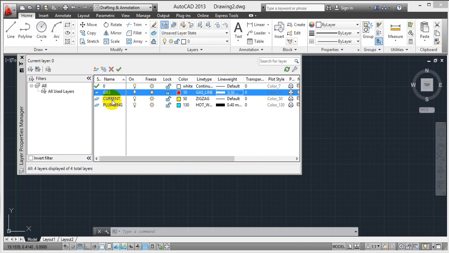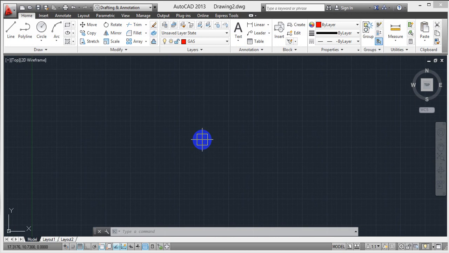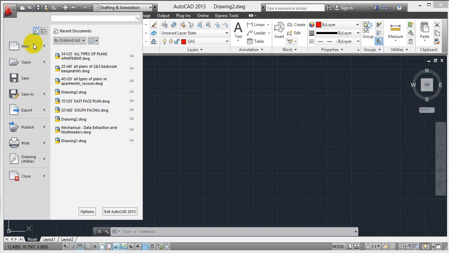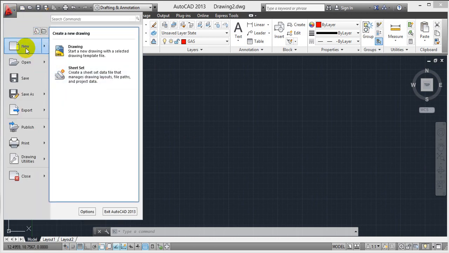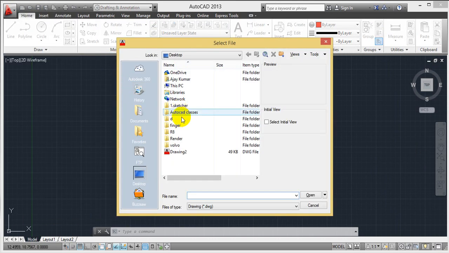After completing these 3, select OK and close. Now for example, I am making a home plan area, a basic home plan layout. For that I have to open another file, drawing file.